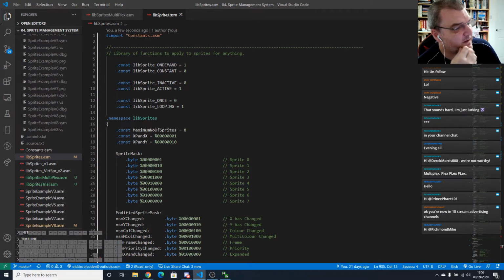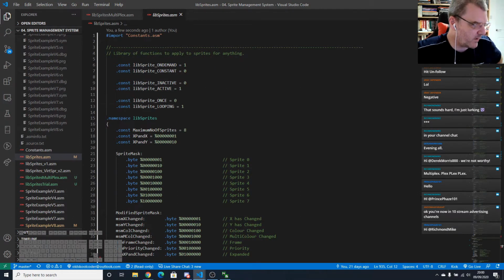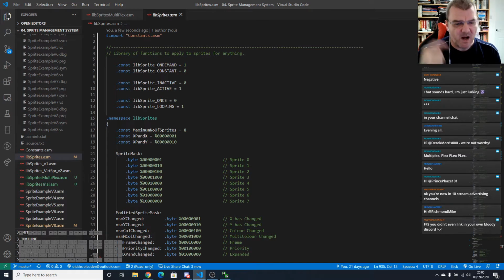It can go up to 24 before it breaks down, but 16 it works quite happily. And so we're going to use Shallan's code modified, because we need to incorporate it into our update routine and stuff like that. But I'm hoping by the end of the stream we're going to have two libraries, like I say, one for